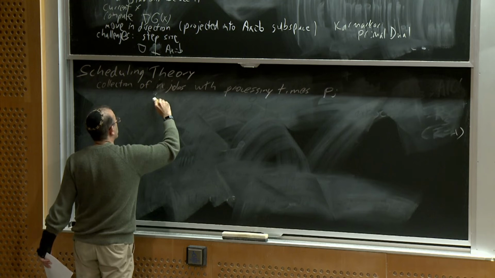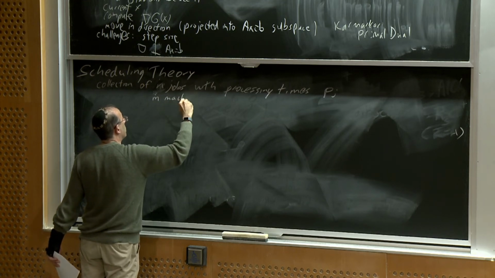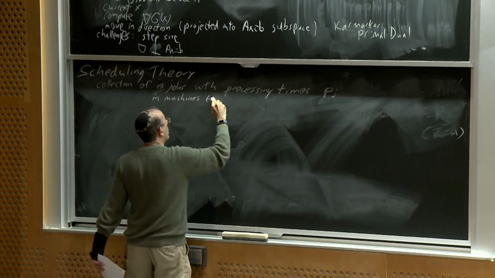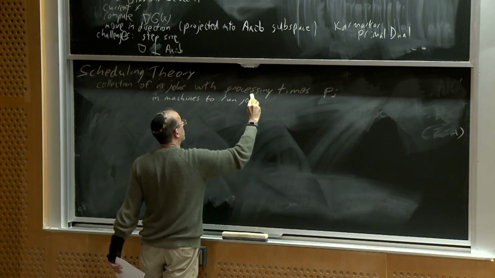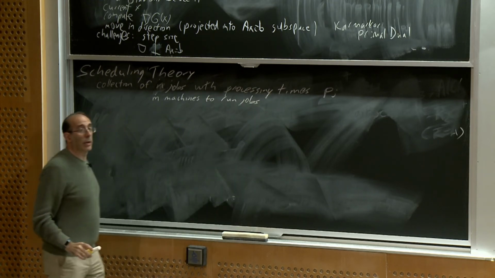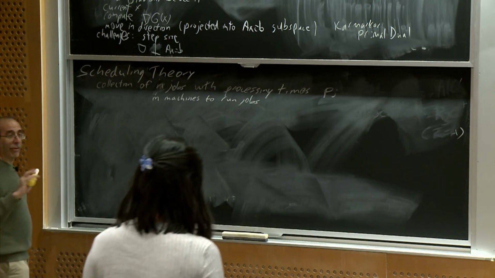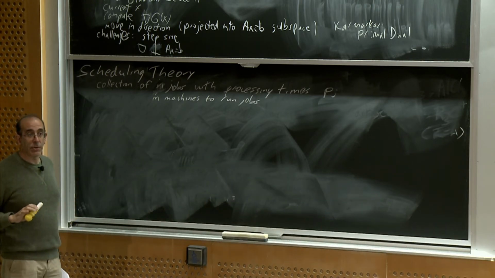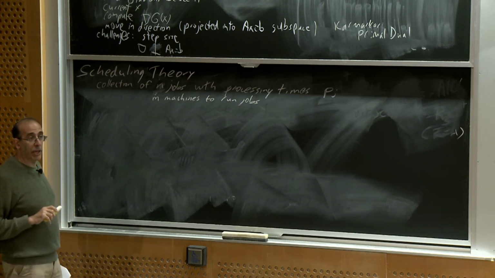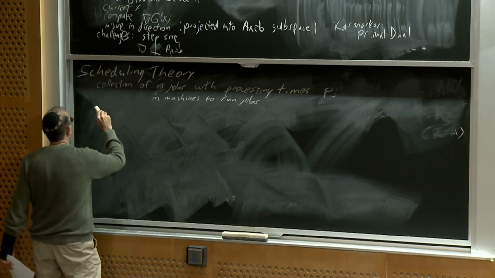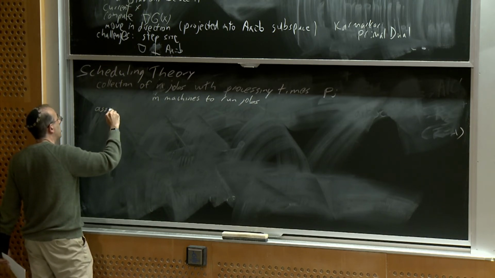We also have a collection of m machines that can run jobs. And in the particular problem that we're going to work on for now, we want to assign the jobs to the machines